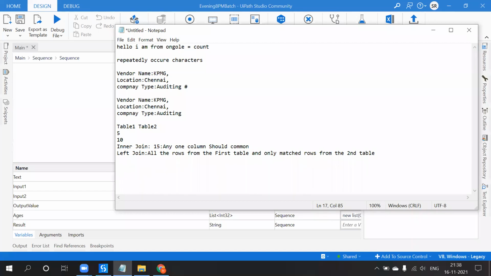So how can the matching be applied? When you go for a database, there is a concept called unique IDs or primary key values. Based on that, the match can be applied in the data table.